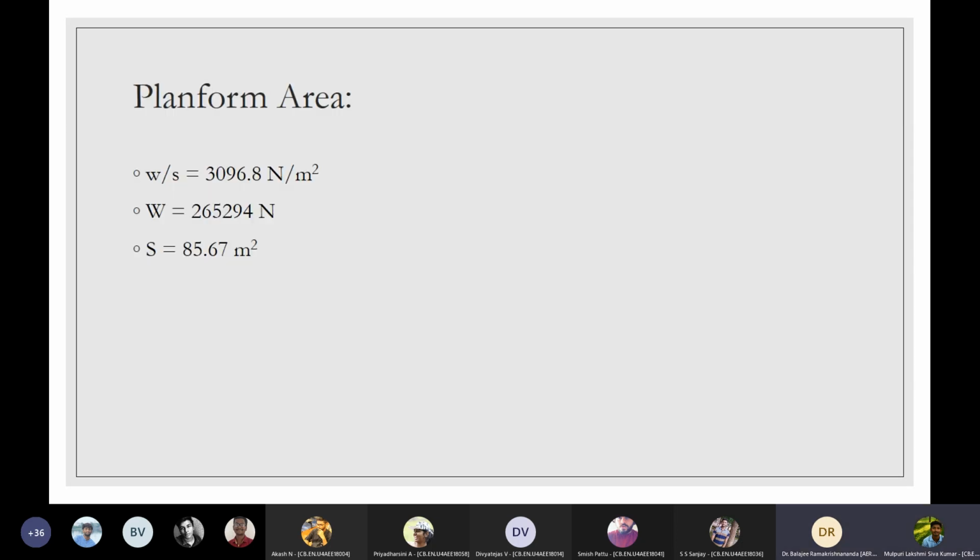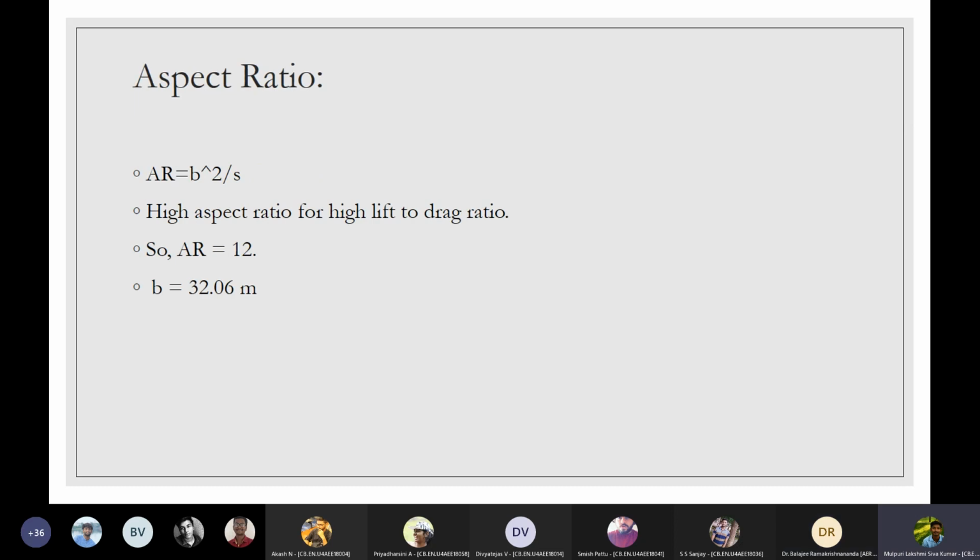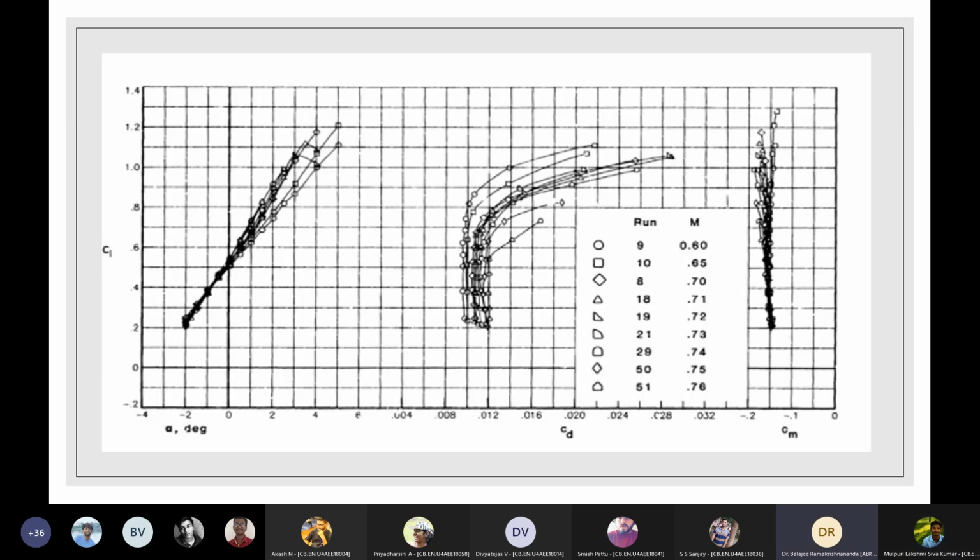I found the planform area, sir. From the aspect ratio of the reference aircraft, we have chosen it to be 12. Wait, one more point I want to see. Go to the earlier graphs. You can see that the curves vary a little bit for various Mach numbers, correct? Yes, sir. Actually, for lower Reynolds numbers, the variation is even more severe in general. Okay, sir. That's why we don't bother so much if it's high Reynolds number. Still there is a variation, but we say that, okay, it's acceptable. Yeah. Go ahead, please.